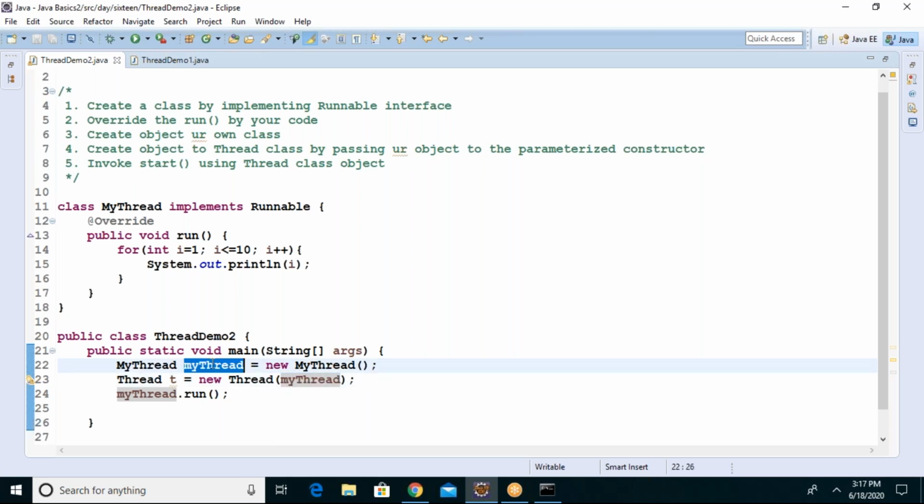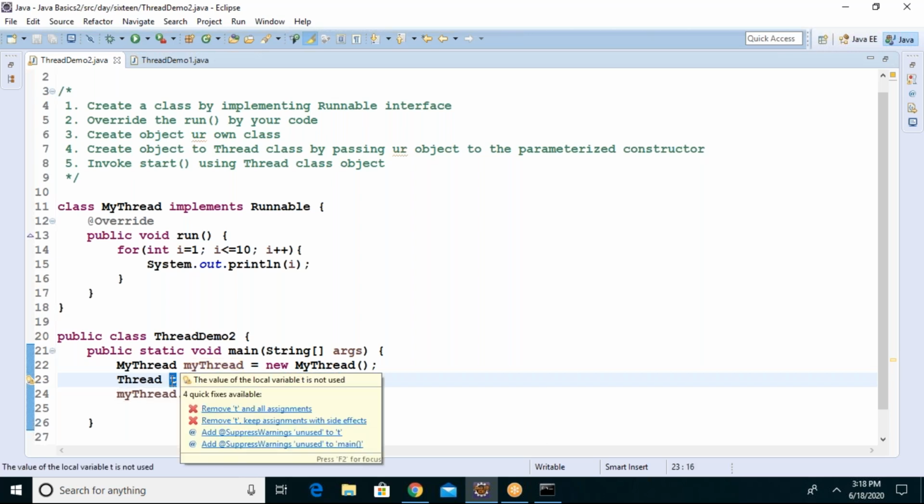Now tell me, in my thread class, how many methods are there? Only one method, that is the run method. So when I pass my object to the Thread class, the Thread class object already contains a run method, and my run method, my thread's run method, is copied into t.